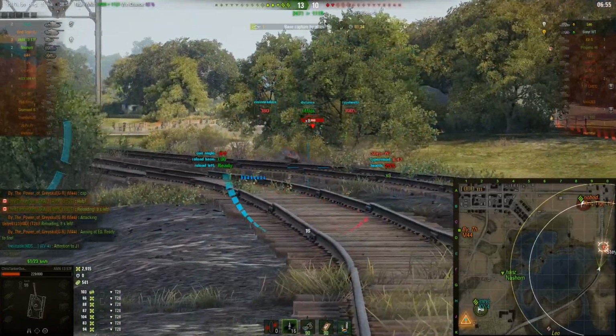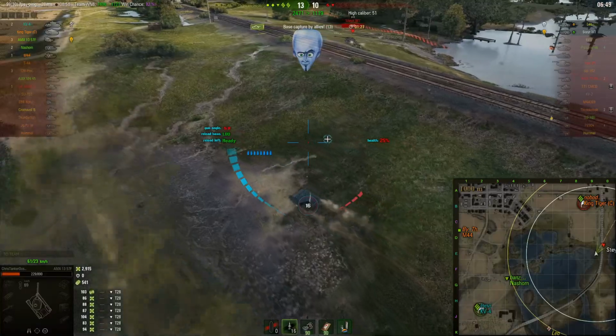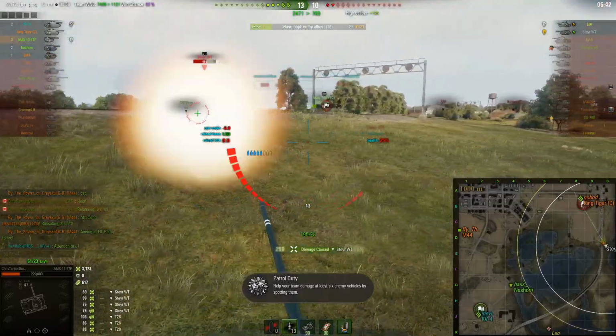Alright, let's keep this Stare lit. He is sort of facing me, so I'm just going to keep him lit for the King Tiger. Artillery should get another shot on him. Our KV-4 is going to go hunt down the Leo. Alright, this guy's stunned. I can jump over the tracks, and I can have my way with